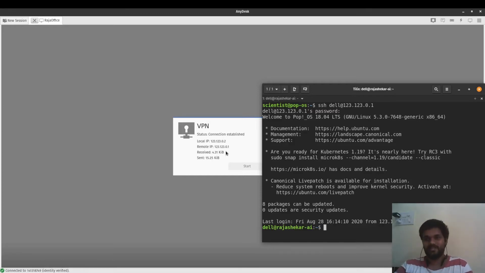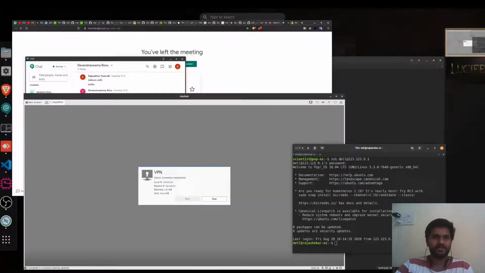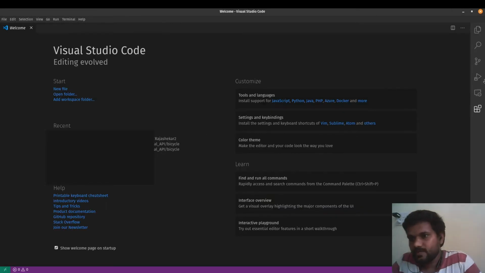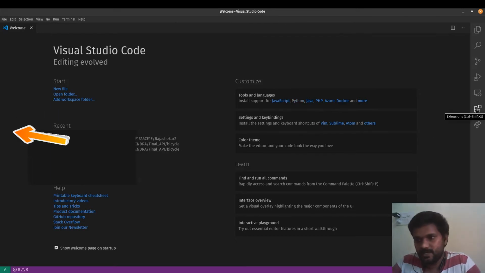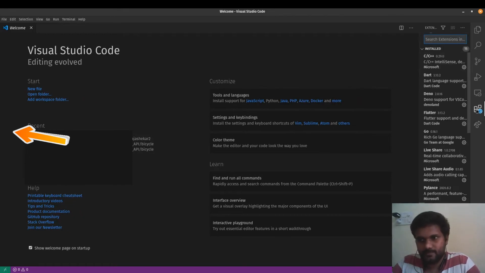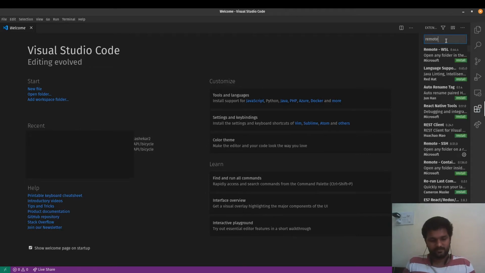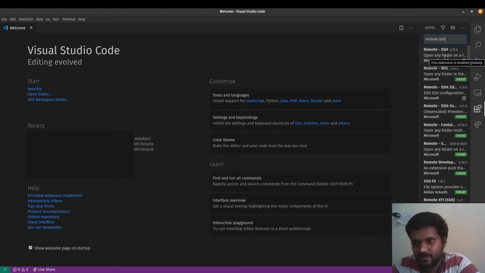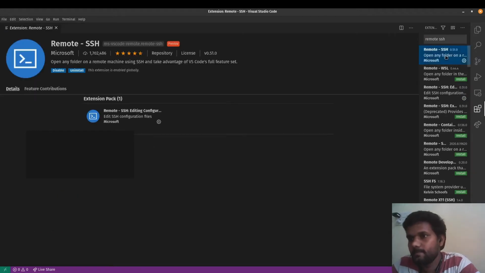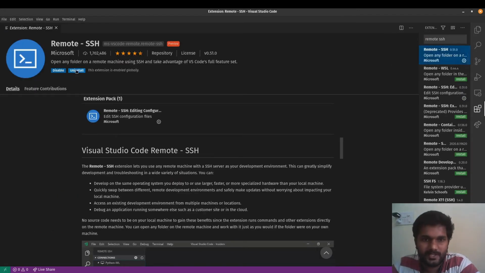So we have an extension in VS Code. In VS Code, we have something called extensions. This little icon here will be present somewhere around here in your system, but in mine I have configured it to be here. Then you simply enter remote SSH. That's it. It will show up as the top item. Go to that, install it here. I have already installed mine, so it is showing uninstall for me.